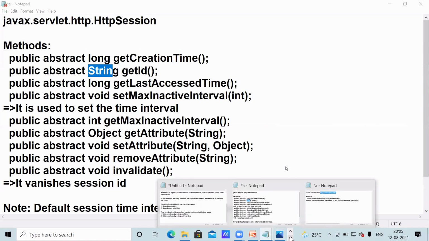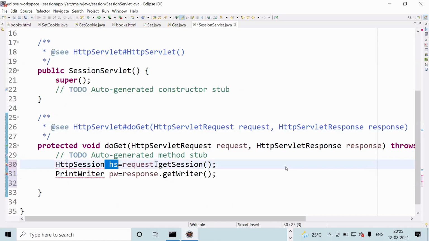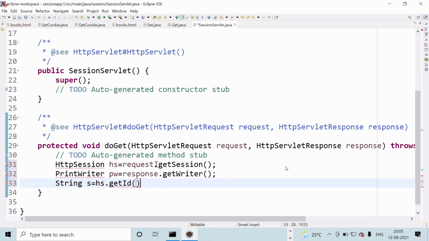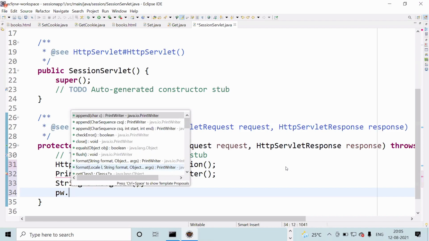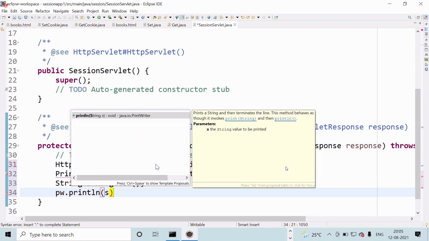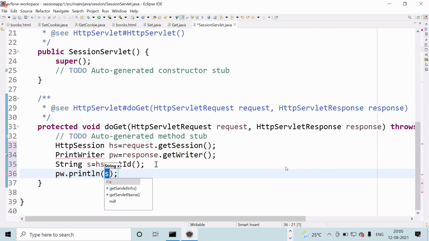So what you can do is, return type is string. String s equal to hs dot getId. That's it. You can print, pw dot println. Okay.